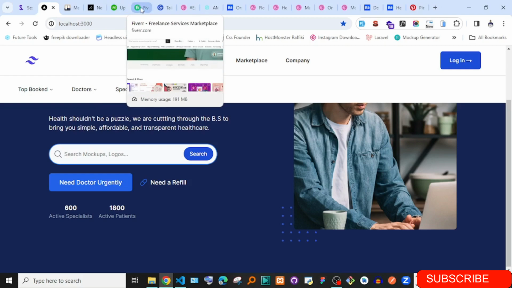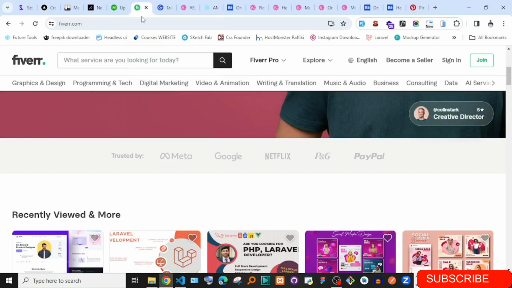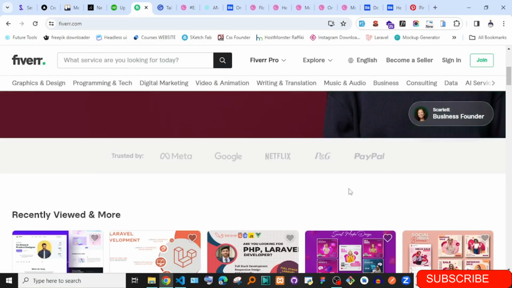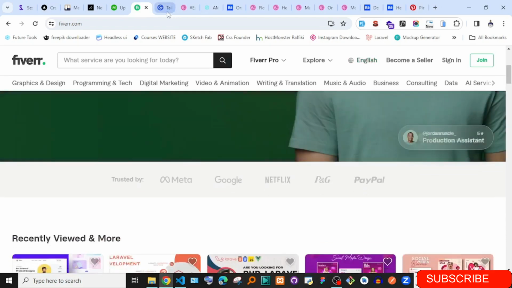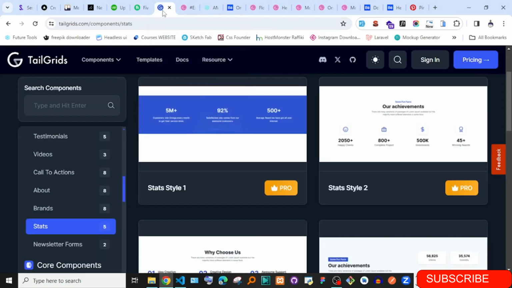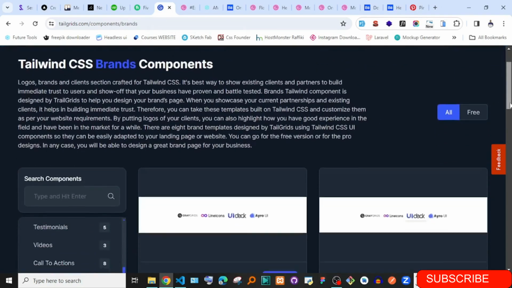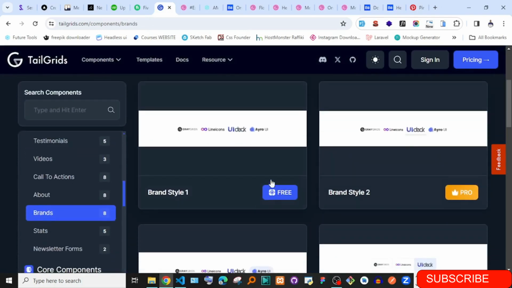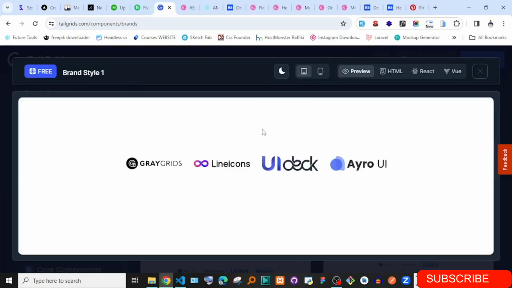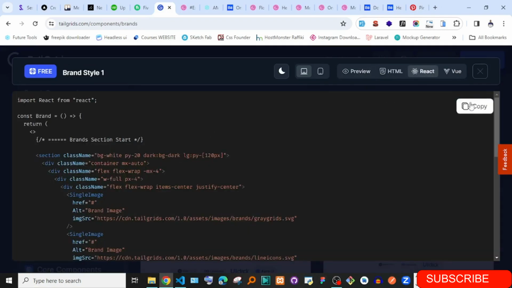Now let's go ahead and add in some other sections. The other section I want to add in is this. We can add trusted by. I don't know if it is important, that section of trusted by, but we can also go ahead and put that. We have this here, brands. If we just go ahead and put in this section of brands, so I'm just going to copy this,